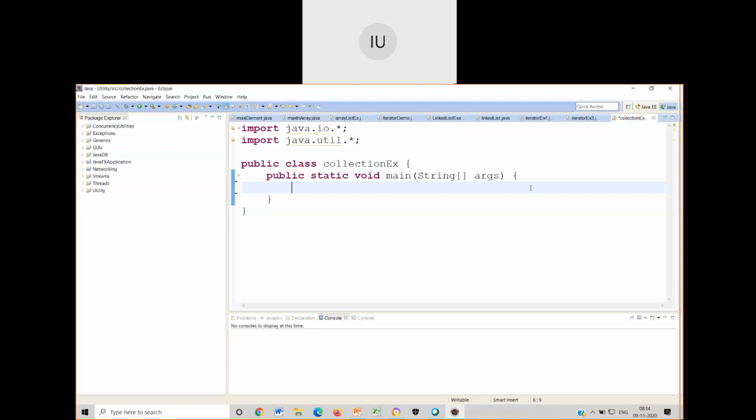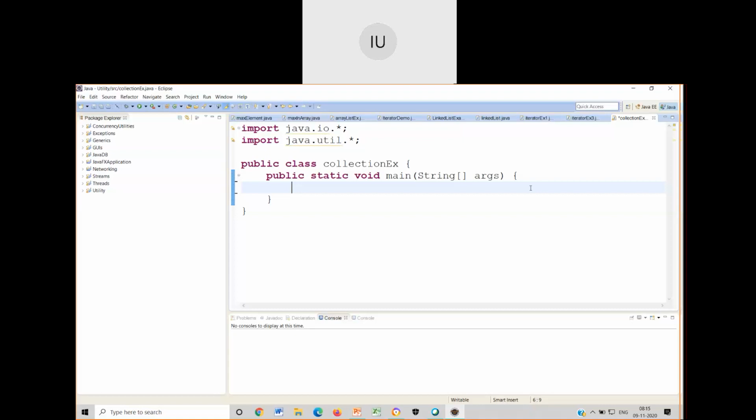Today I'll be talking about very simple examples on how we use lists, how we use iterators, and how we extract the maximum element and minimum element from the array using generics. These collections use generics to make sure there is type safety in the collections that we create. So this program creates an array list, stores the data in it, and then prints it on the screen. It is as simple as that.